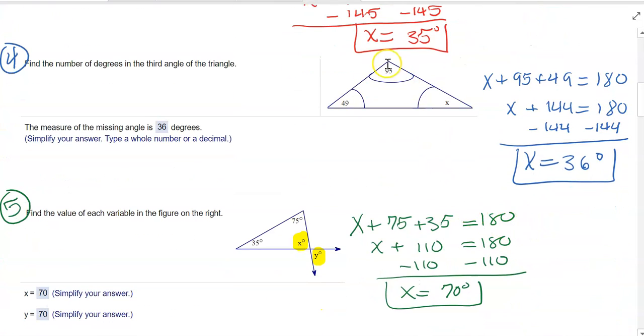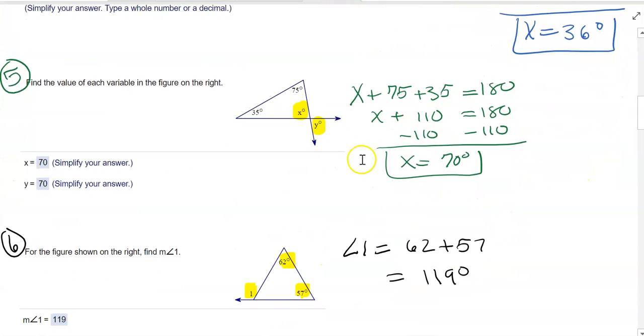Number 4, the same process as well. We're adding these two angles and subtracting from 180. And here at number 5, we have a triangle. We also look at these. We have vertical angles here. So we know that the x and the y values are equal to each other. But in order to find x, we simply add those two angles and subtract from 180. And we can see that 70 is going to be the answer for both of them since they are vertical